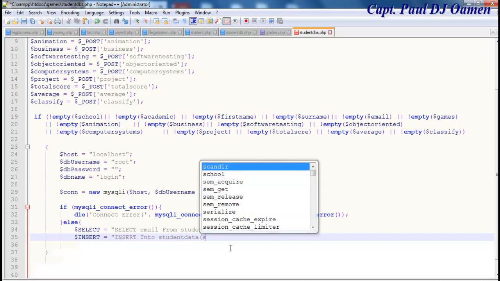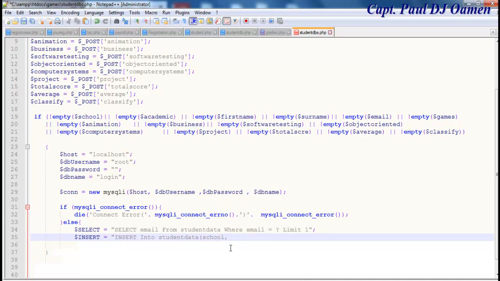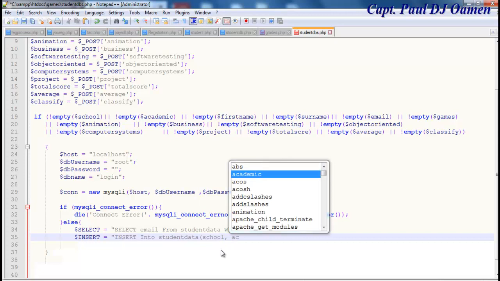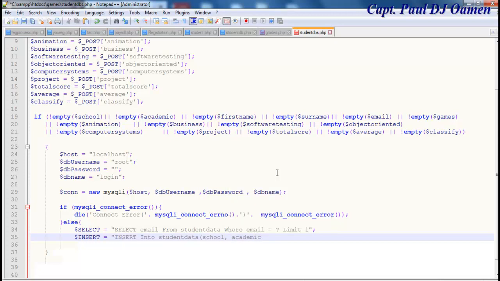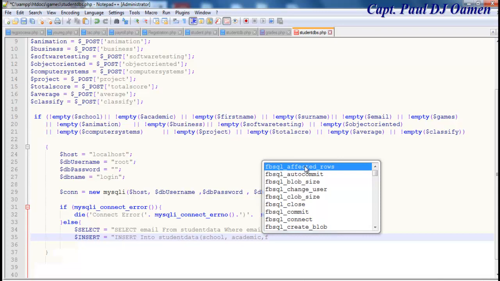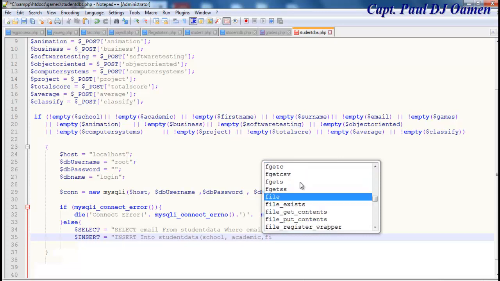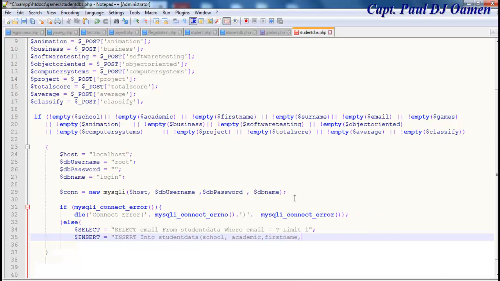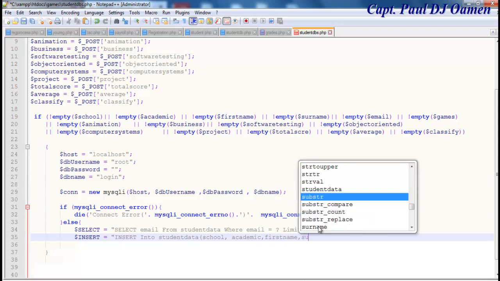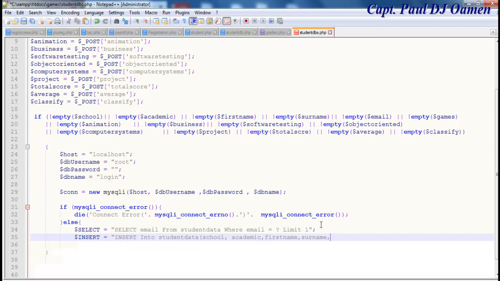So the first field is school, and comma, there is academic. Double click on that, comma. After the academic, I have first name, comma, surname, comma, email,